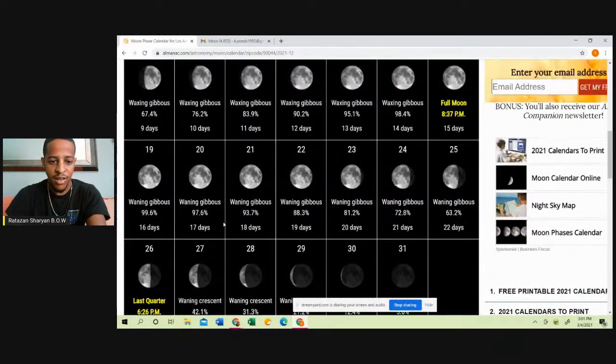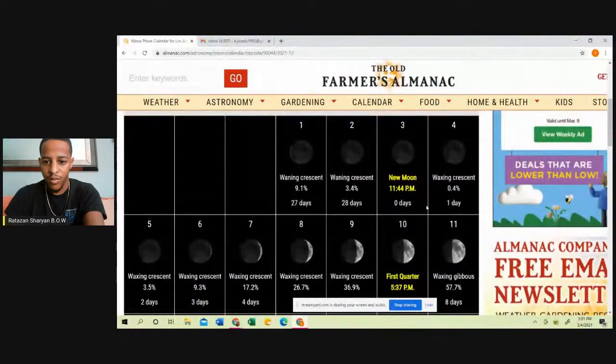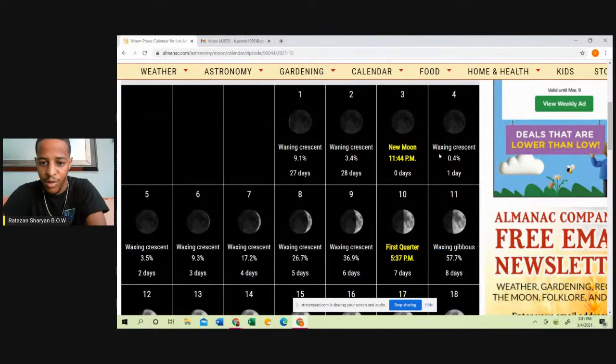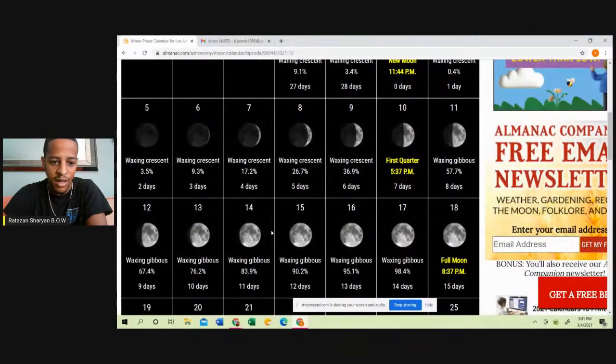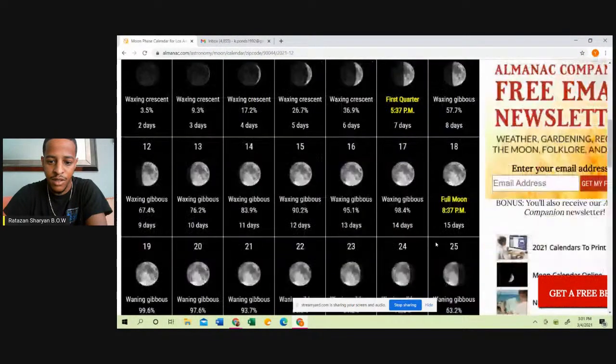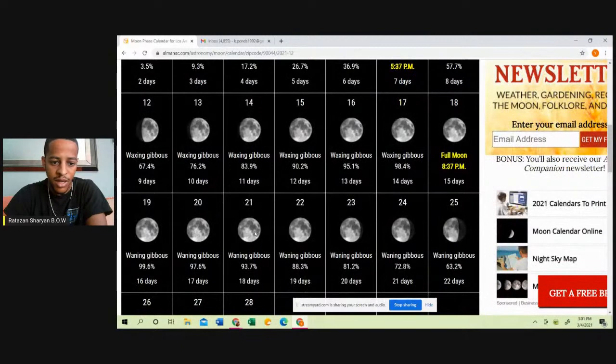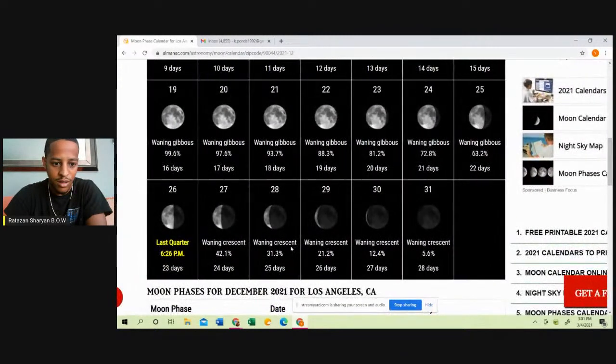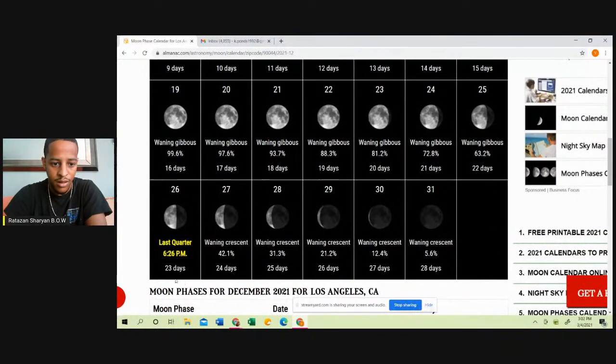27th at sundown. Here it is right here. Let's count. So we count from the new moon. I don't know if you guys can see. Count from the new moon. 1, 2, 3, 4, 5, 6, 7, 8, 9, 10, 11, 12, 13, 14, 15, 16, 17, 18, 19, 20, 21, 22. All right. 23, 24. And here's your 25th day right here. But you got to do it on the sundown.